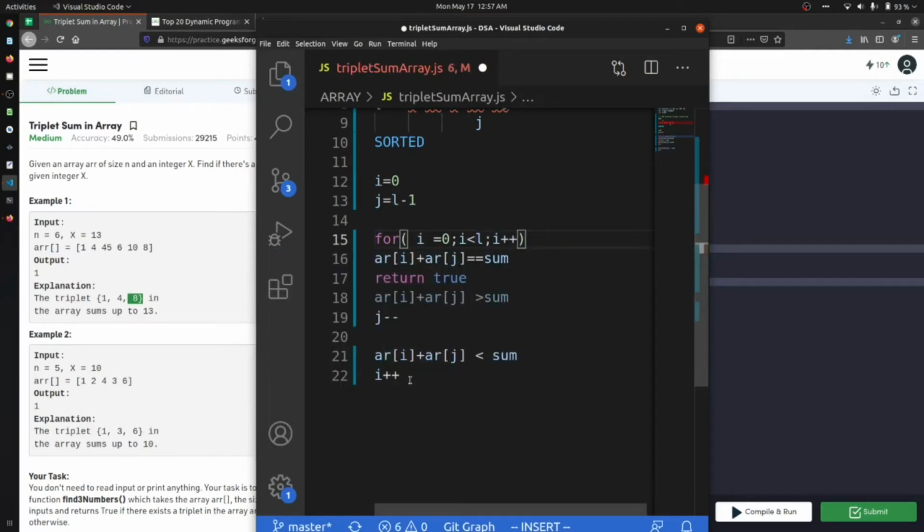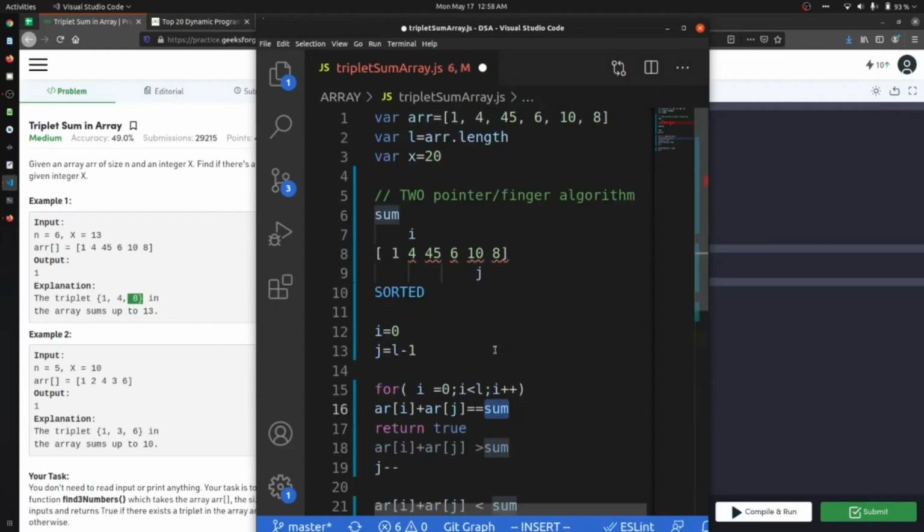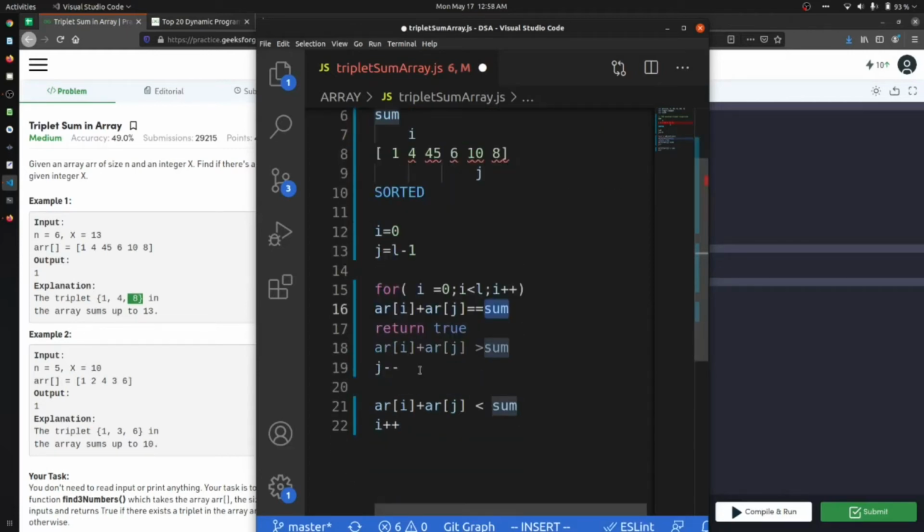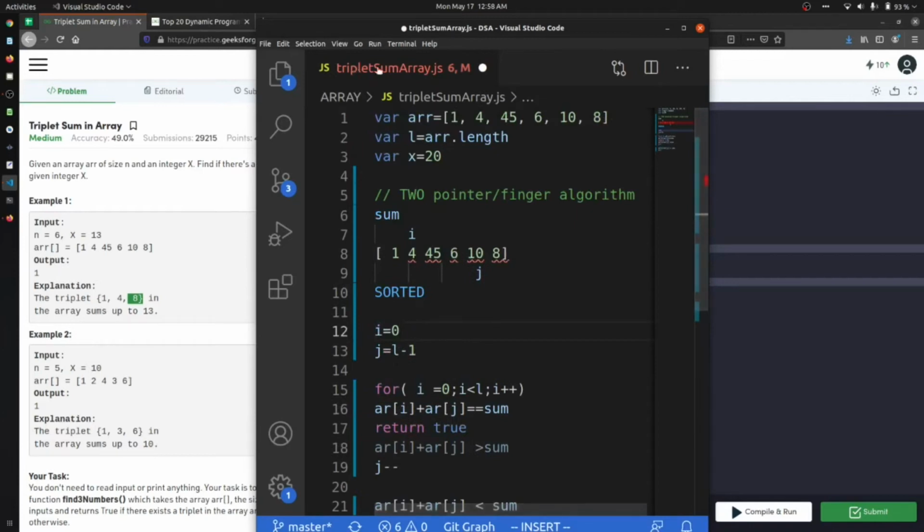At the end of this for loop we will know that yes, my array has two elements with this sum, and if it is not present, it will just return false.